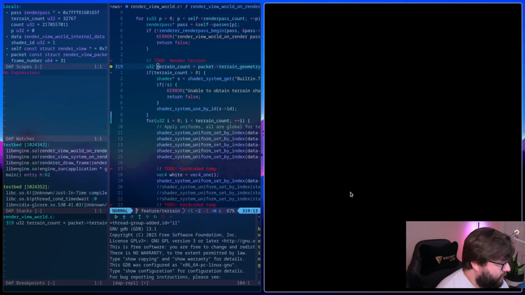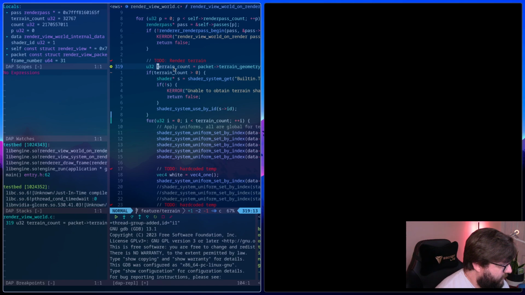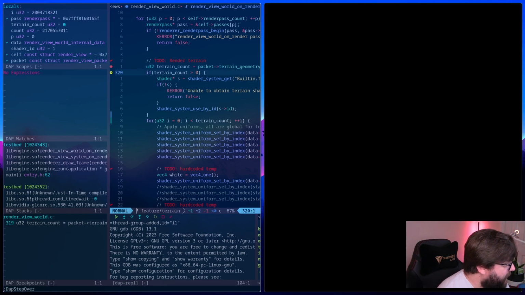We have terrain count. We should probably make sure that we actually have that first. So let's go ahead and get that. Terrain count is still 0. Oh, right, because we haven't loaded anything yet. Let me turn this off and continue.